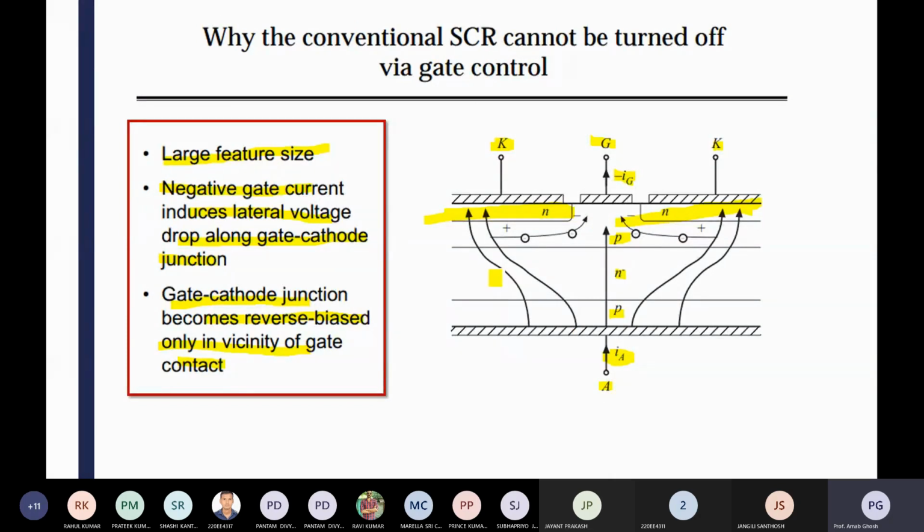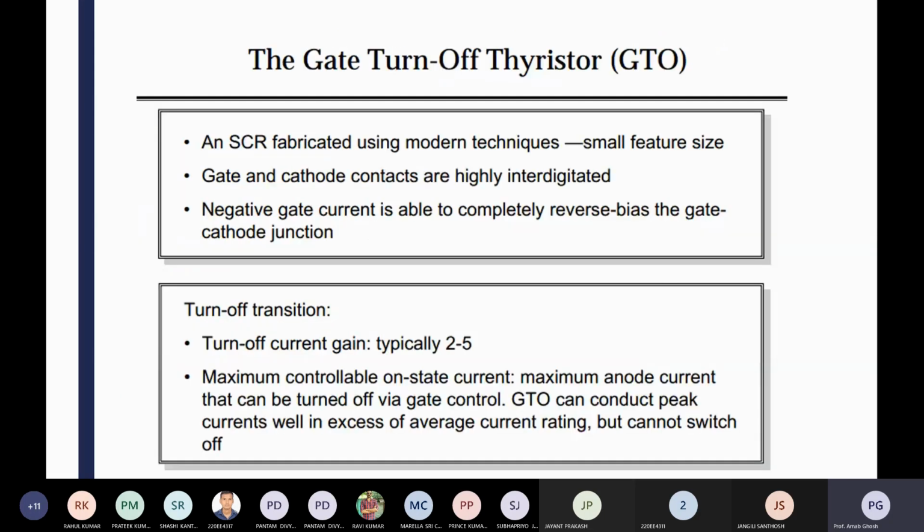In the turn-off condition the gain is typically 2 to 5. The maximum controllable on-state current is the maximum anode current that can be turned off via the gate control. A GTO can conduct peak current well in excess of its average current rating, but it cannot switch off at that level.